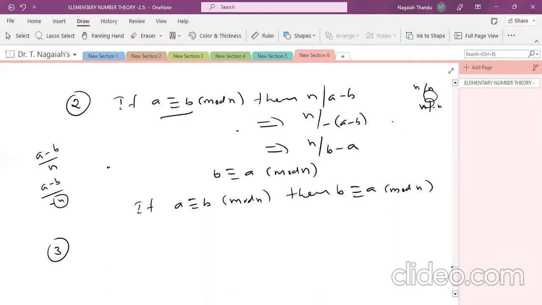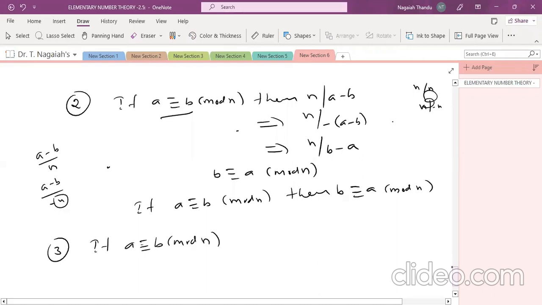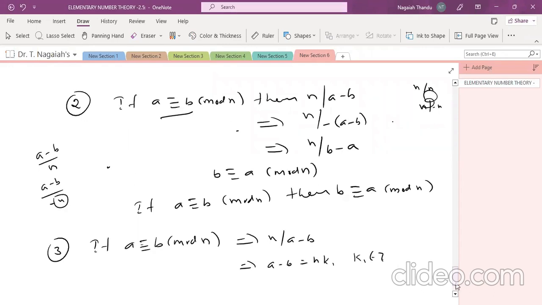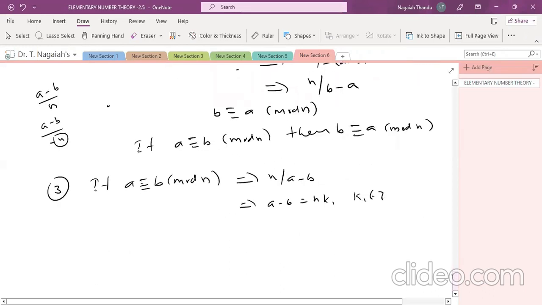How can we prove the transitive property? Suppose A is congruent to B modulo n. According to our definition, n divides A minus B. This means there exists an integer k1 such that A minus B is equal to nk1, where k1 belongs to Z. This is my first equation. Similarly, the other one: B congruent